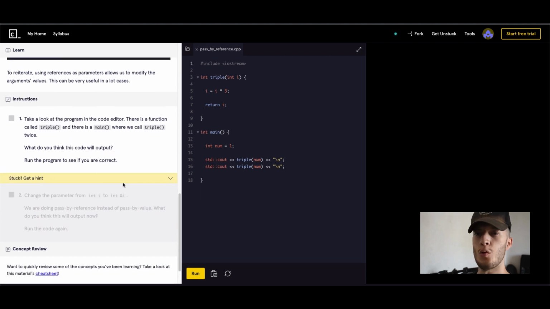What does it want us to do? Take a look at the program in the code editor. There's a function called triple, and there's one called main where we call triple. What do you think this code will output? Run the program to see if you're correct. So if it says 1, we're entering 1. Okay, so the way we have it right now, we enter 1, and then we multiply it by 3, and it returns